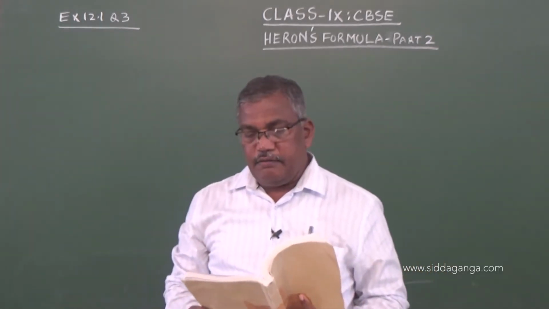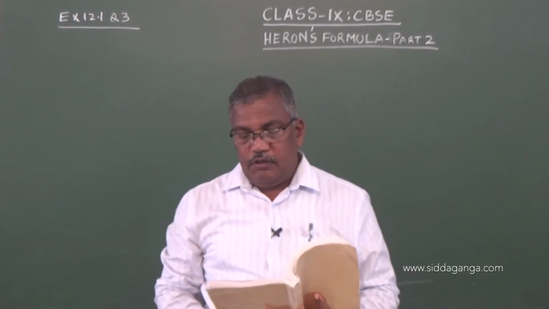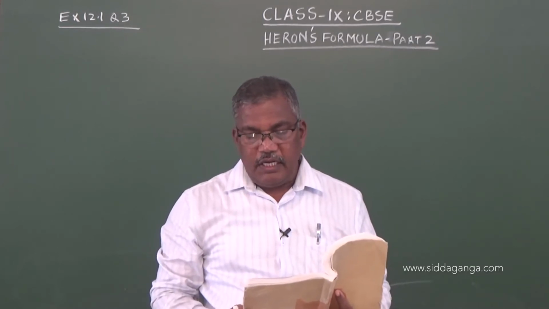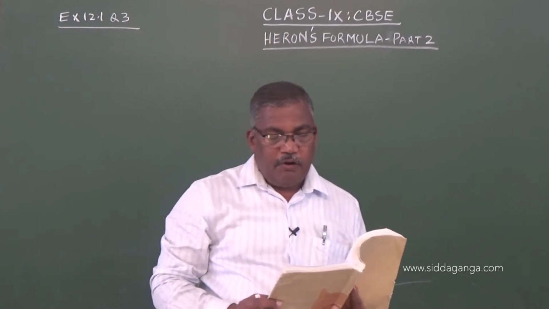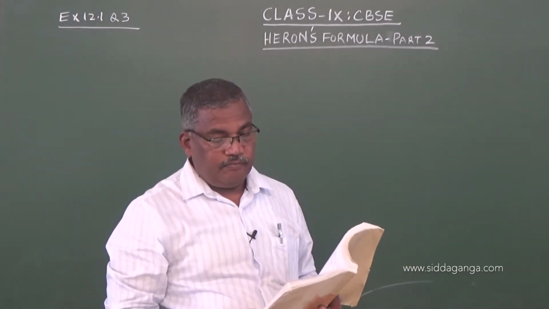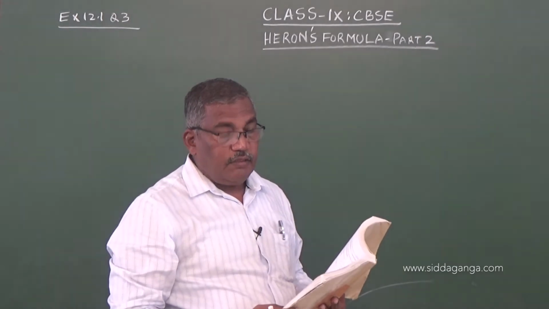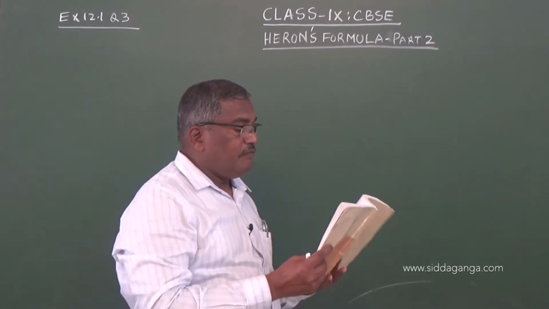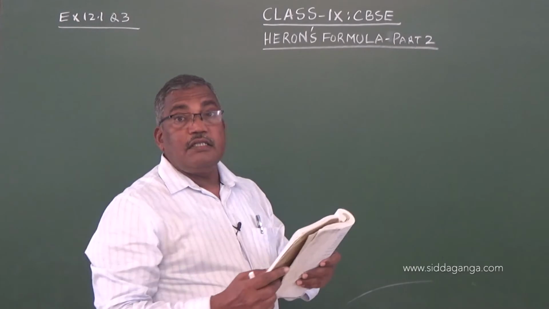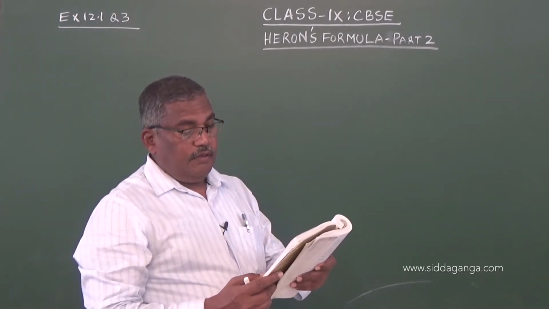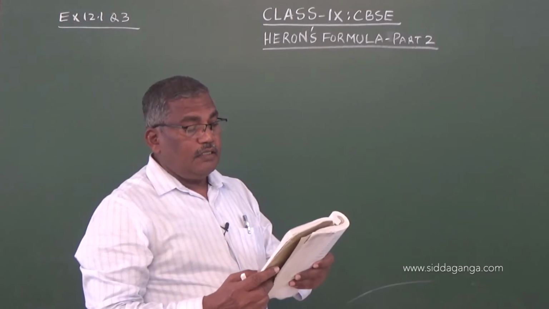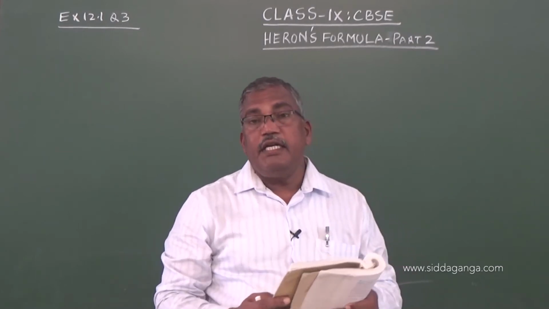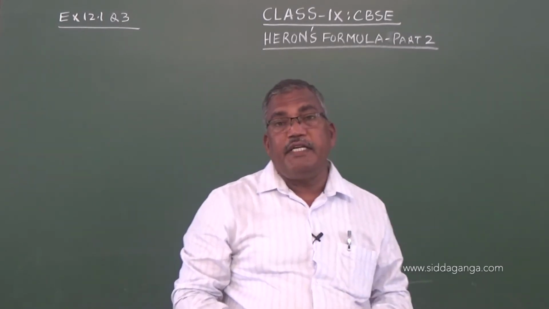There is a slide in a park. One of its side walls has been painted in some color with a message, "Keep the park green and clean." See figure 12.10. If the sides of the wall are 15 meter, 11 meter and 16 meter, find the area of the wall painted in color.